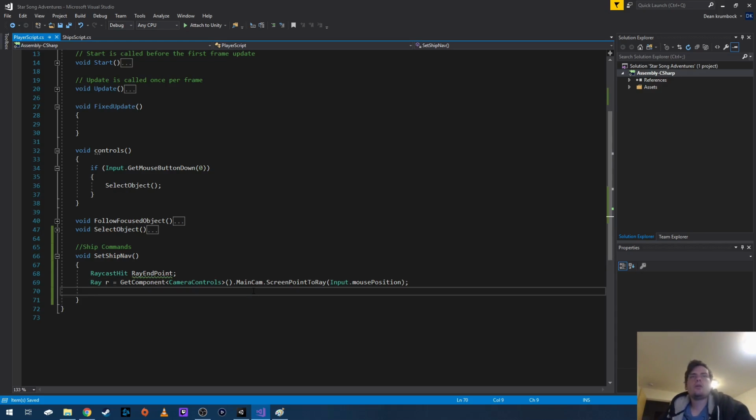So now we have to basically do some math, and that is figuring out the three-dimensional vector that is the end of this ray. That just requires doing a little bit of weird math here for a second. So first things first, we're going to create a vector 3, if I can spell correctly, and call this endpoint. There we go. Is equal to r dot origin plus